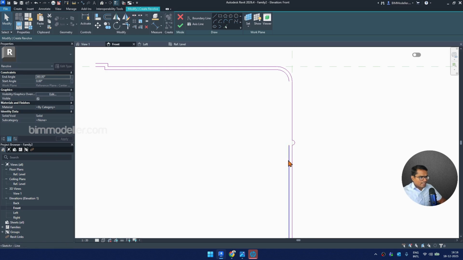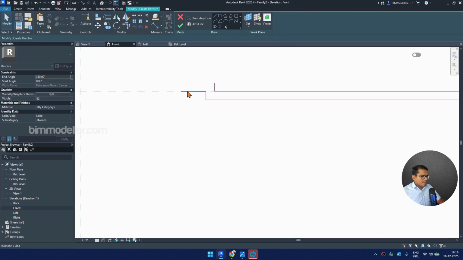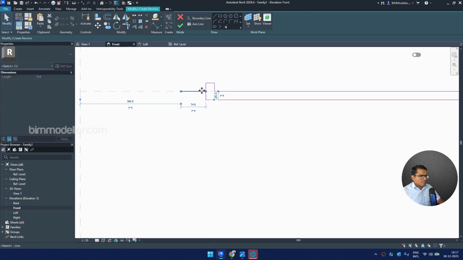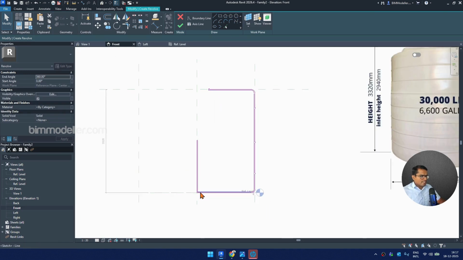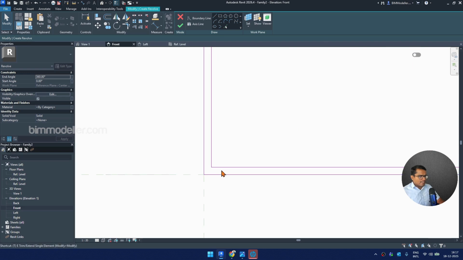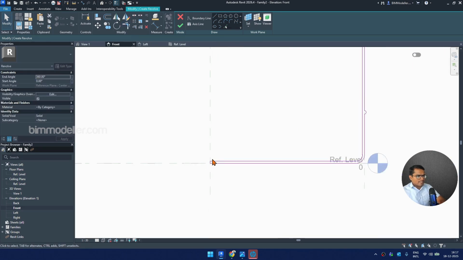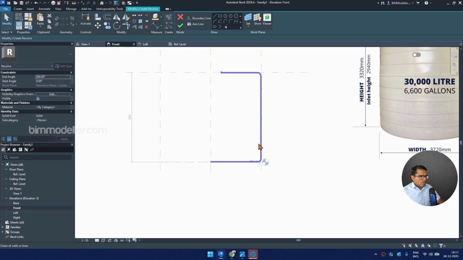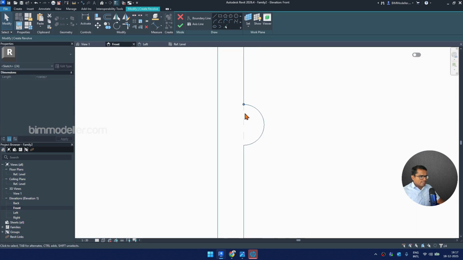I can delete and use the trim and extend continuously here. From here, what I can do is the trim and extend of this place so that it acts as a cap in that place. And here I can use the trim and extend for this portion, and I can delete this line. Now what I'll do is I'll select it and make sure that what is happening here,